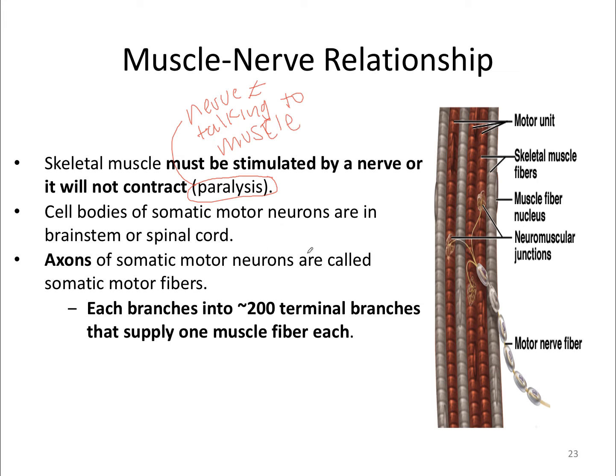There's other kinds of paralysis that can occur. If you have something wrong with the muscle fiber itself, such that it can't receive the signal from the neuron, the neuron could be intact and the muscle just won't respond to it,